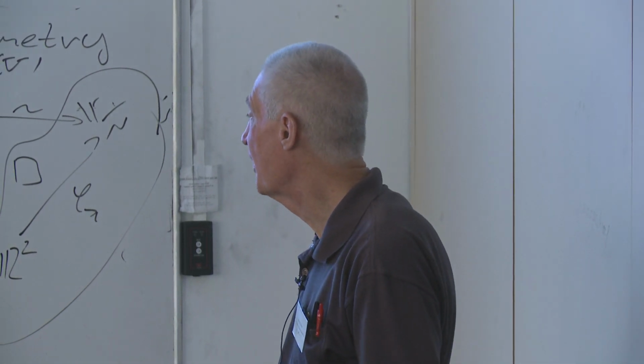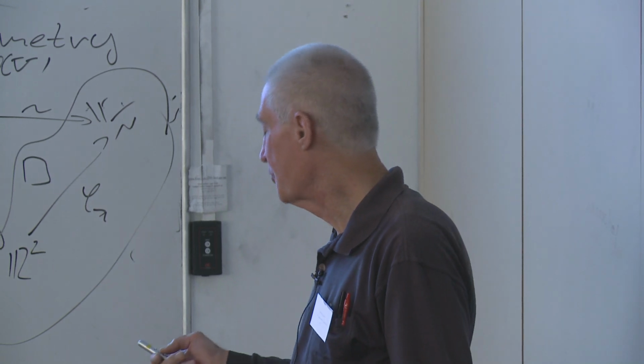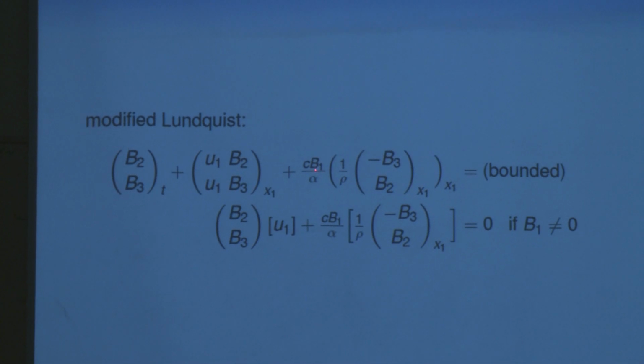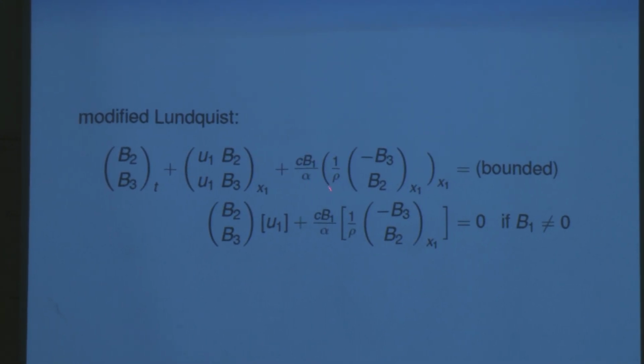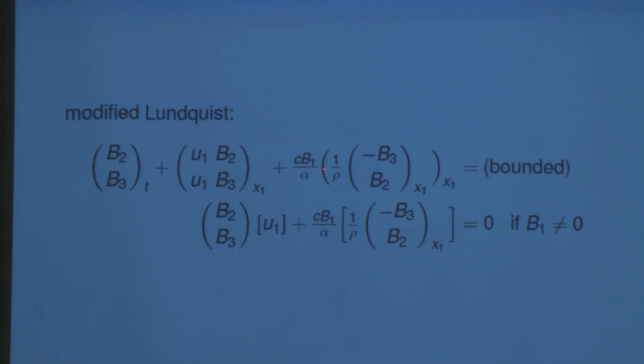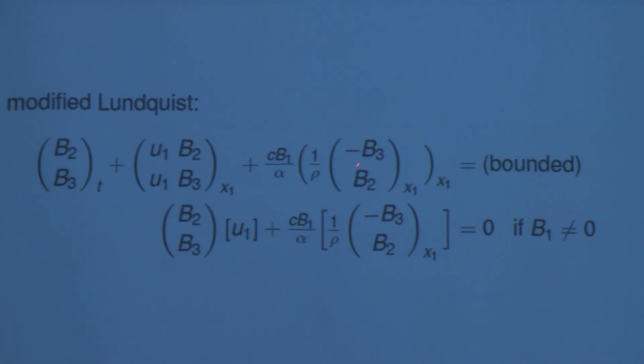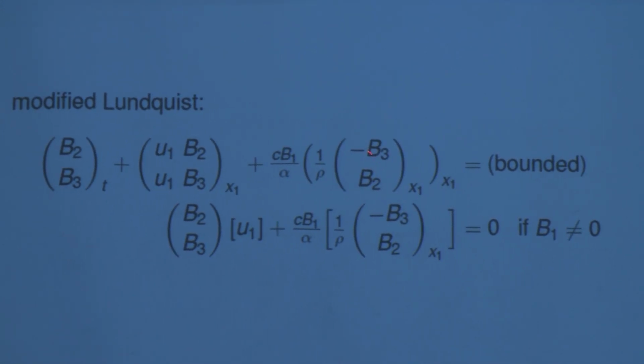Now, for this modified Lundquist, you get the Lundquist term, here it is, plus another term. See, modified Lundquist is not a first-order system of conservation laws because of that extra derivative in the electric field term. So here's what it is. You get this messy-looking term, but at a quick look, you can see this is a Schrodinger regularization of this, which is one way, not the usual way, but a possible way of improving regularity of the solution.